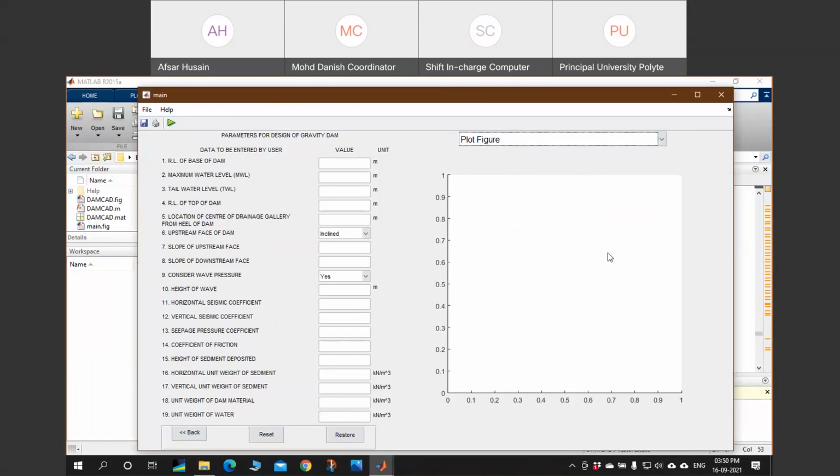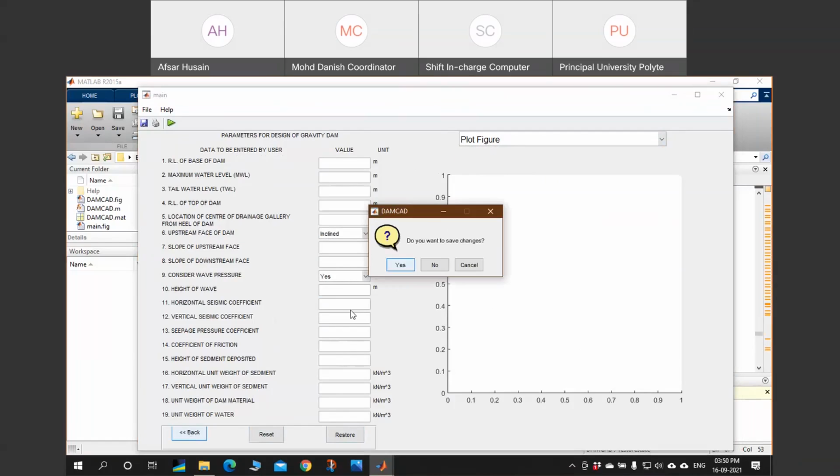This is how you can create this type of application. Here, from the pop-up menu, you can select vertical, incline, and other options like this.